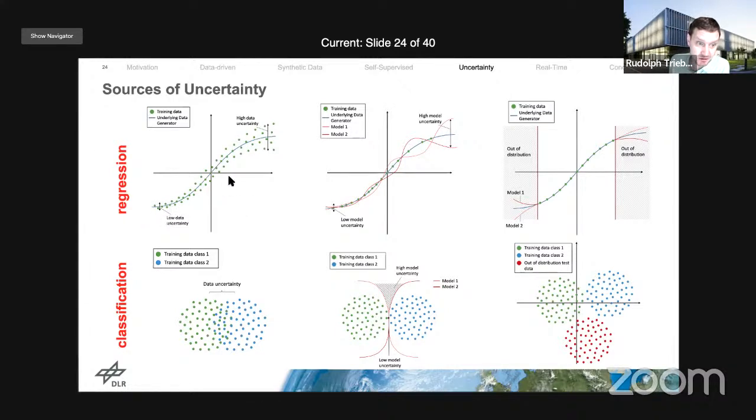You might have a ground truth that is this one here, or the underlying data generator. And then, for example, noise in the data can cause a high data uncertainty, which is here. And in the other case here, below here, there's a lower uncertainty in the data. Now, even if you have a perfect data without any noise, you still have sometimes some uncertainty, and this comes